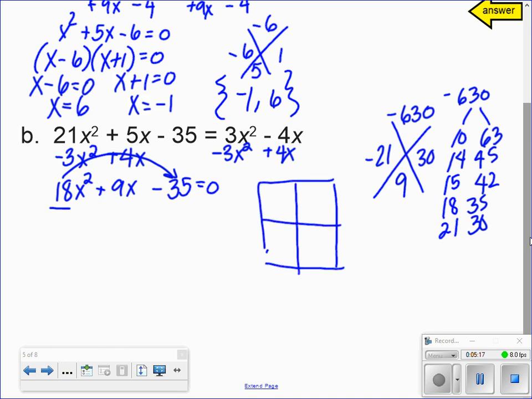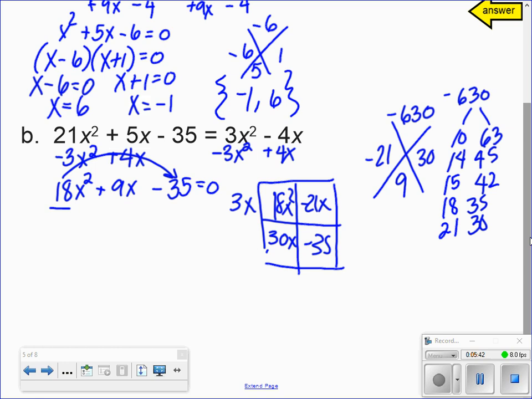In the box, my first term is 18x squared. My last term is negative 35. And then in the other two boxes is where I put my two numbers that we came up with, which is negative 21x and 30x. Then I see what I can factor out. So I look at this one, and I know that 18 and 21, I can factor out as 3x,